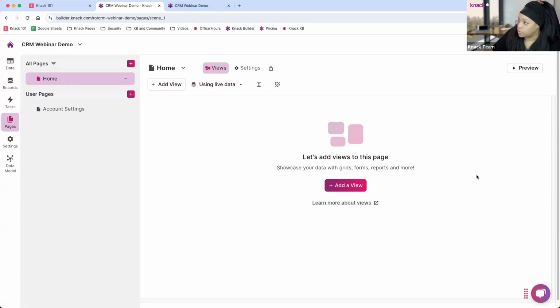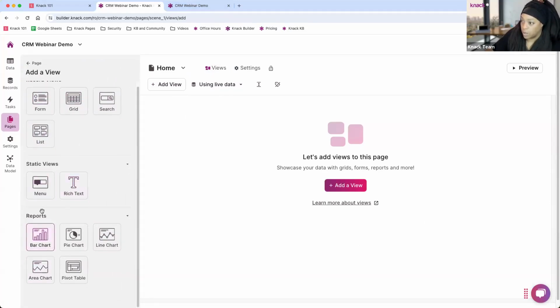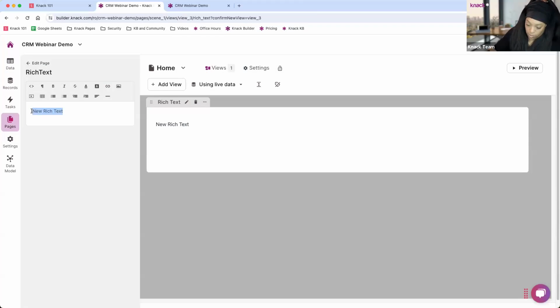How do you add views to this page, or how do you add data to this page? We discussed this a little bit earlier, but these are called views. I can click the add view here, or add view here. We've got a variety of view types. Again, views are ways to display your data or to add and update data in your database. So you'll see we have form views, grid views, search, list, lots of different options here, static views, rich text. I can add a rich text view and just say a big welcome